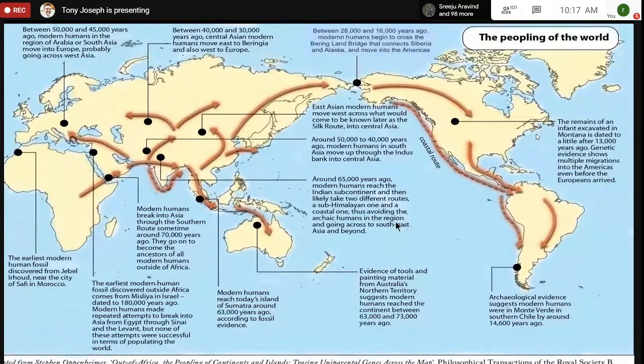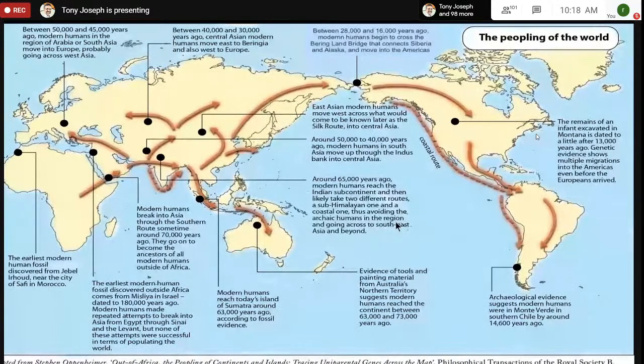So the answer to the question, who were the first Indians, who were the first Australians, who were the first Japanese, who were the first Americans, who were the first Europeans, the answer to all of those questions is just the same. They're all out of Africa migrants who moved out of Africa around 70,000 years ago. And so this is the first class of migrations that explains the human population groups as they are spread around the world.